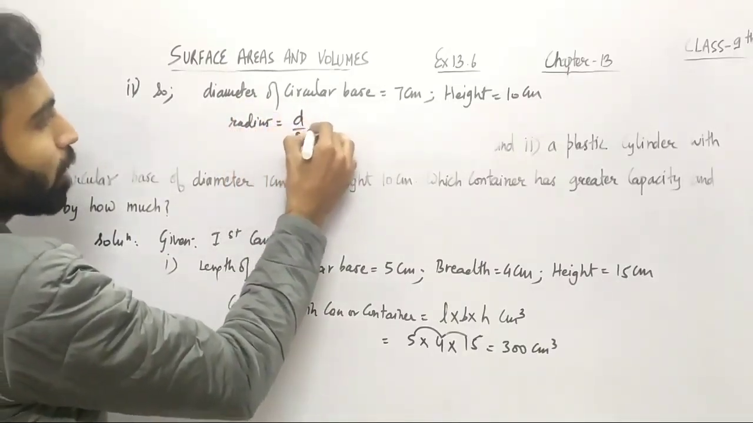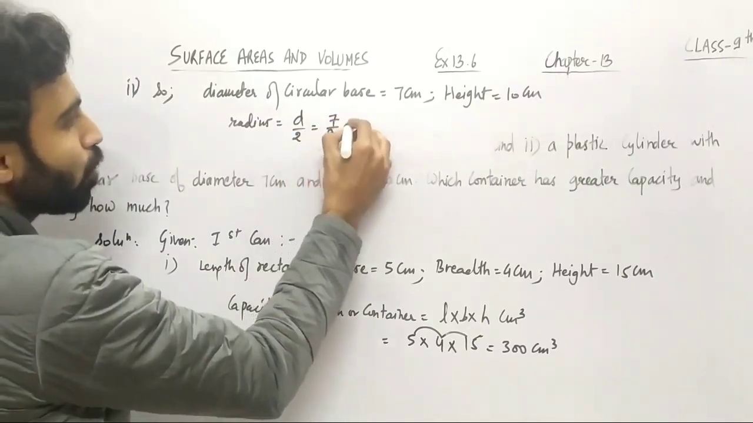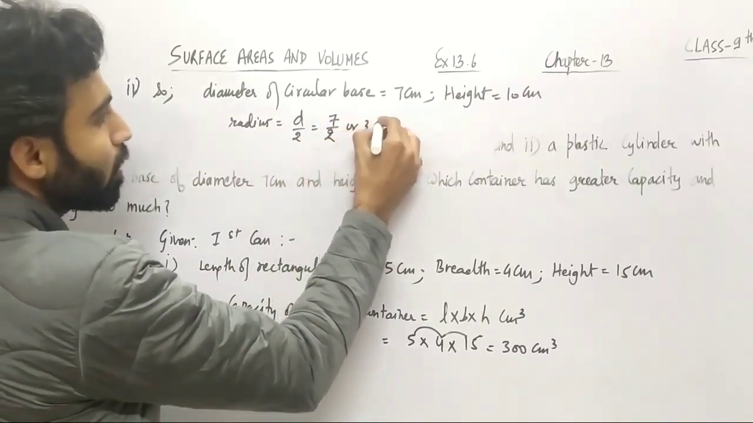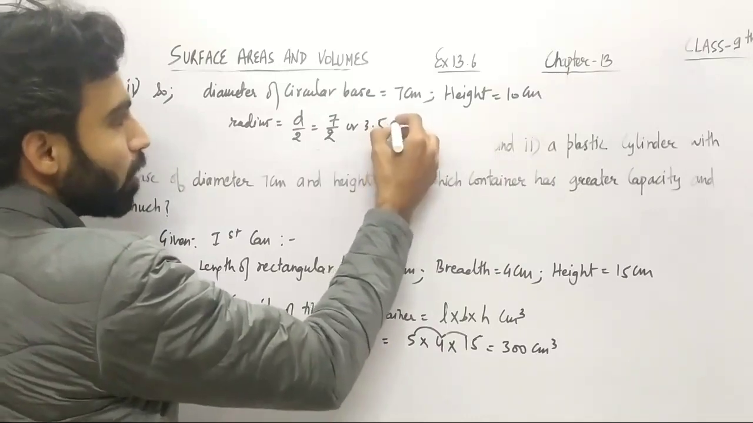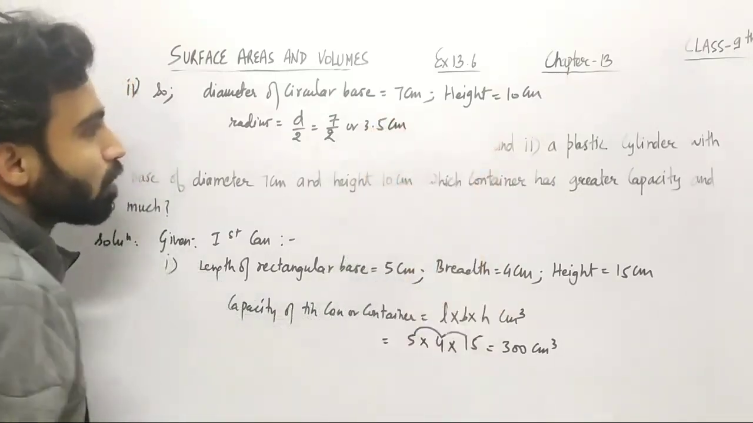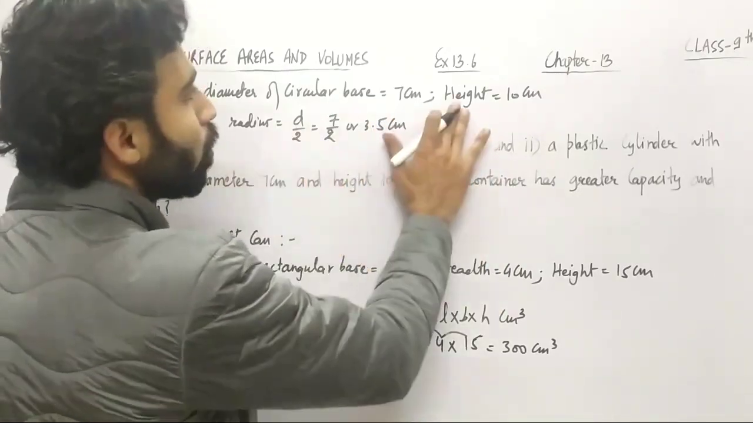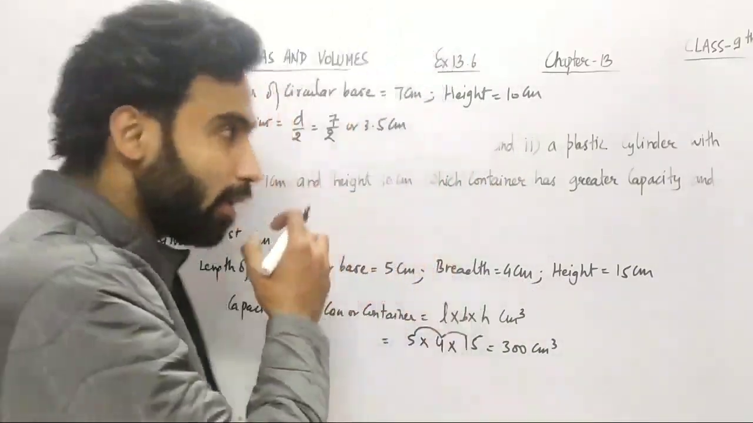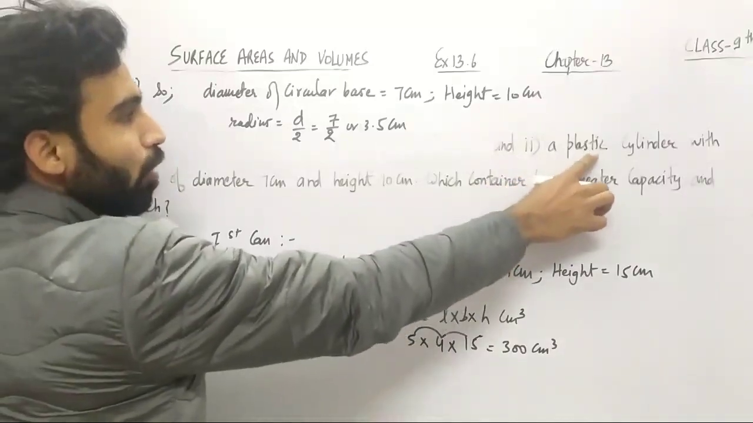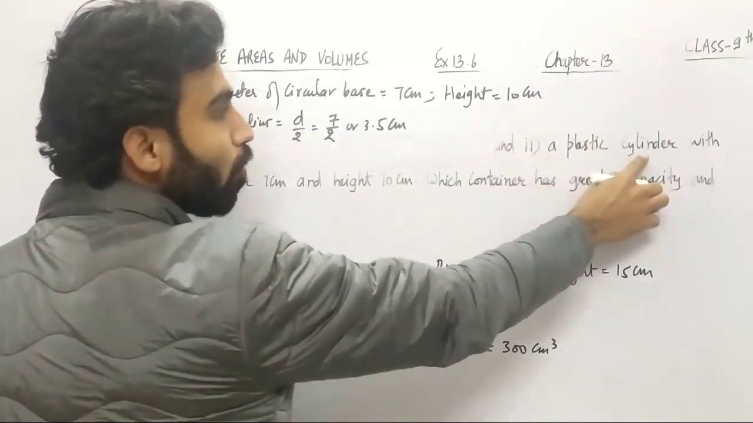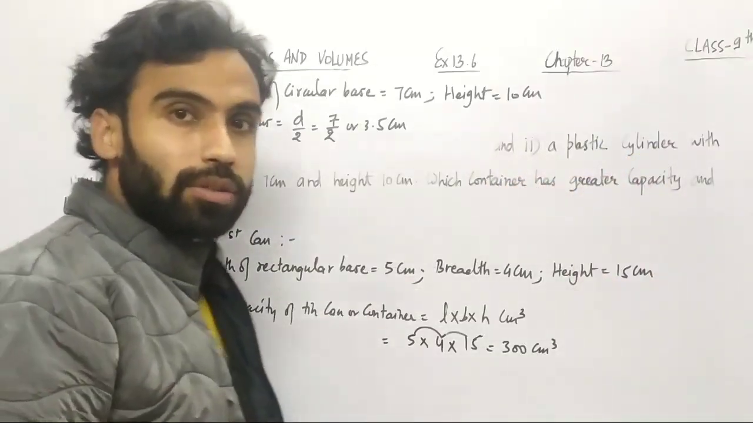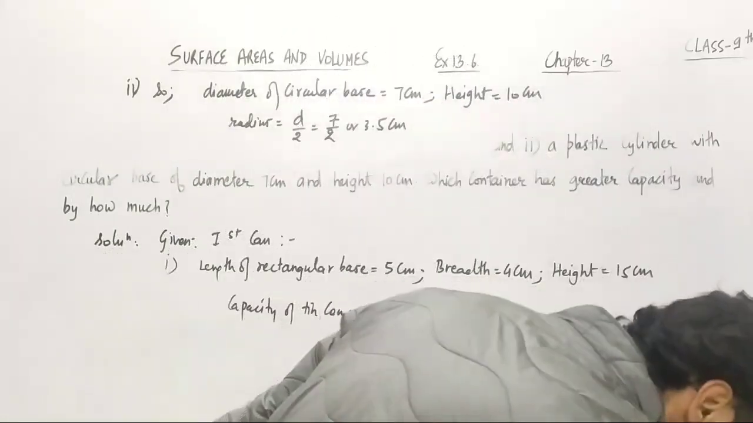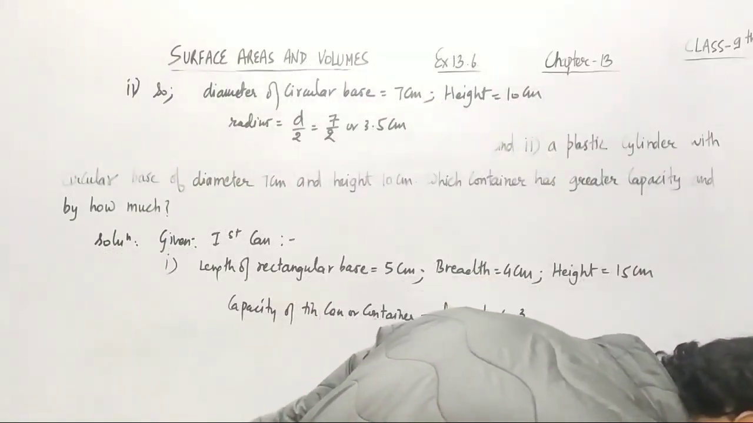Simply divide the diameter by 2. So 7 upon 2, you can also write it as 3.5, whatever you like, right? So 3.5 centimeter, right? So यहाँ पे हमारे पास radius आ गई. Also we know the height. Now let me just tell you that here you have to find out the capacity of a cylinder, right? So now let me just tell you, if I just talk about the previous one, so हमने देखा